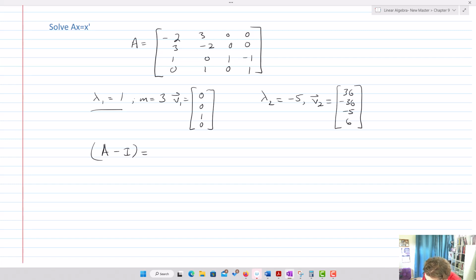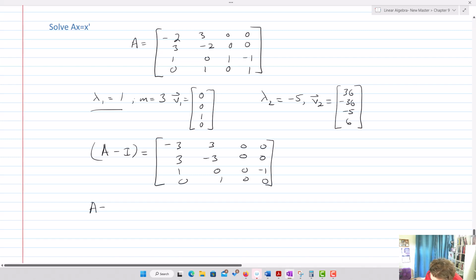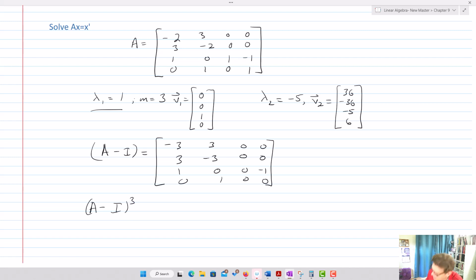A minus I is going to be negative 3, 3, 0, 0, 3, negative 3, 0, 0, 1, 0, 0, negative 1, 0, 1, 0, 0, because we're going to subtract 1 from the diagonal. And now I'm going to have to find A minus I squared. Or excuse me, A minus I cubed, because I'm going to need 2 solutions. A minus I cubed is then going to end up equaling